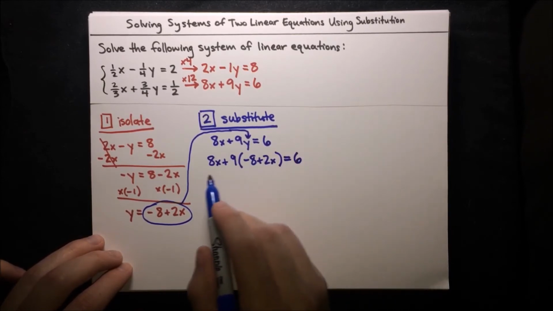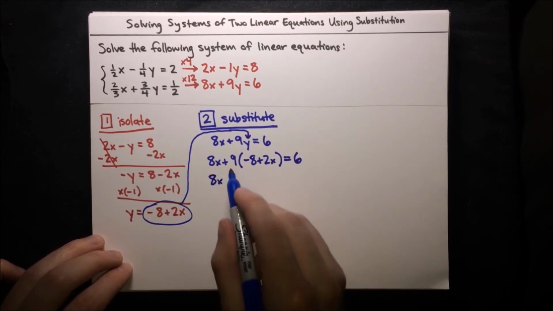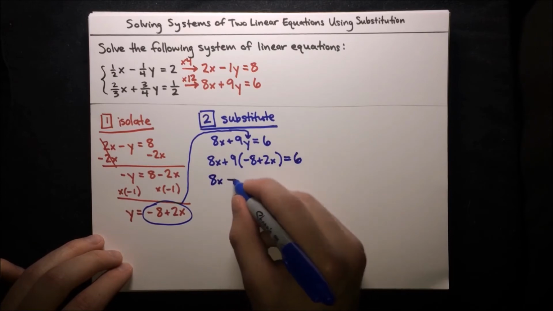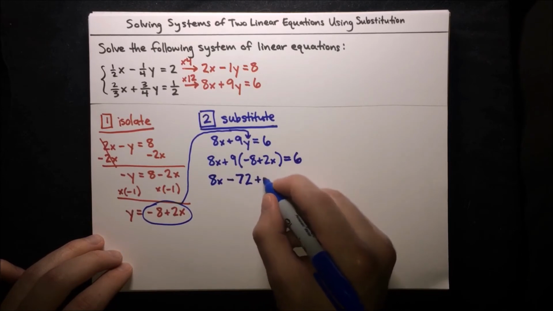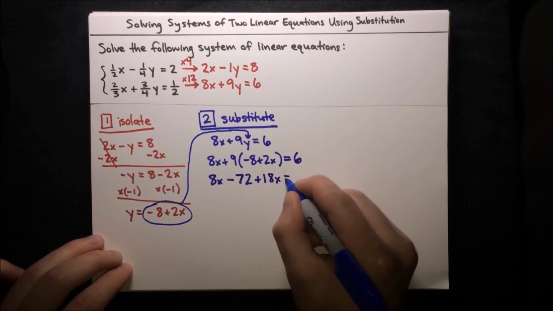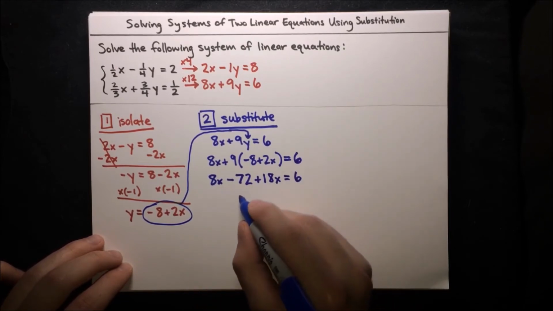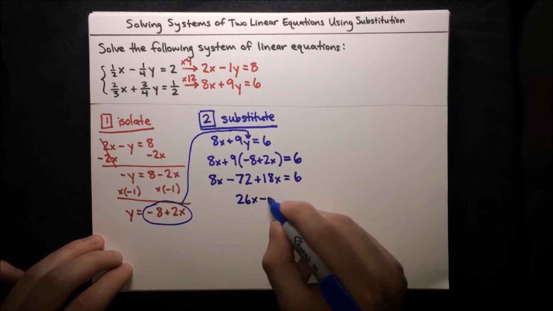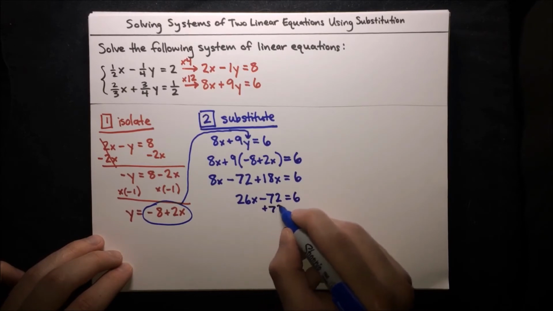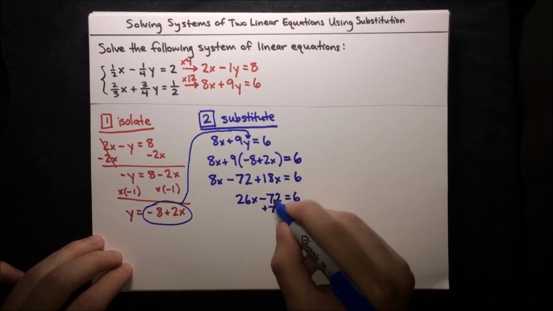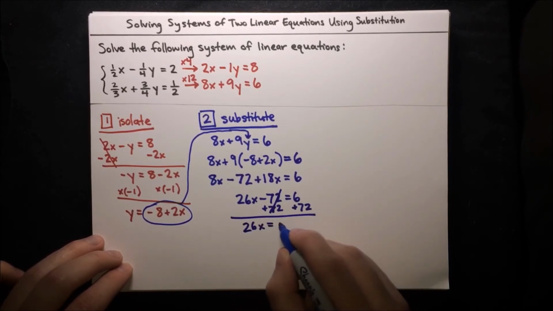And here we go. We've got a single variable equation that we can solve for x. So let's go ahead and do that. 8x, and then 9 times -8 is -72, so 8x minus 72. Then 9 times 2 is 18, so plus 18x, that's equal to 6. Let's combine like terms. The 8x and the 18x is 26x, and then minus 72 is equal to 6. So add 72 to both sides to cancel out that minus 72, and we just have 26x is equal to